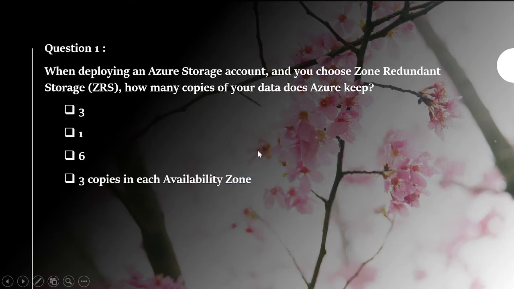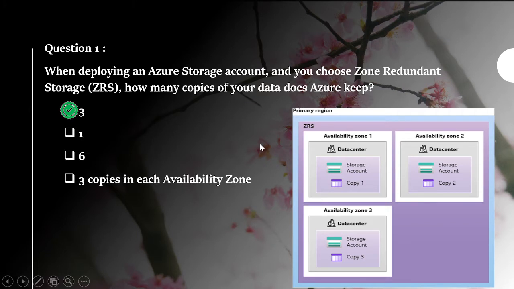So the first question is, when deploying an Azure storage account and you choose Zone Redundant Storage or ZRS, how many copies of your data does Azure keep? So our answer is 3. Please remember this one image I would like to explain that ZRS generally keeps 3 different copies in different data